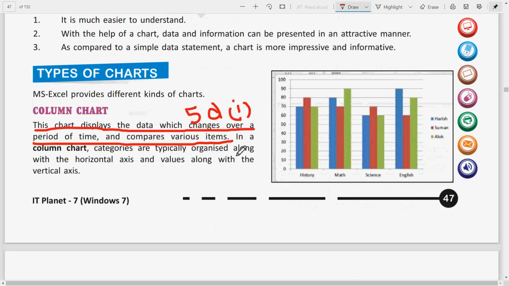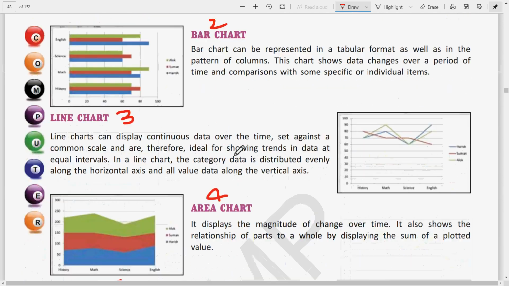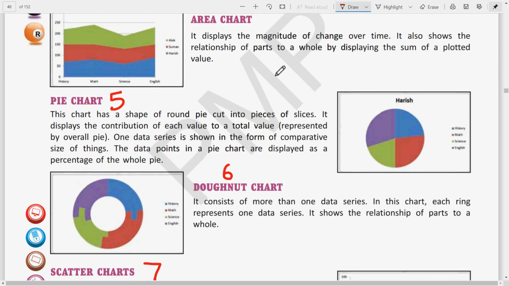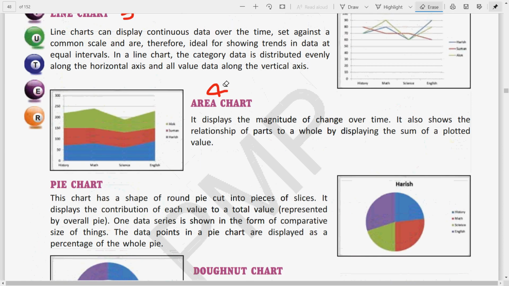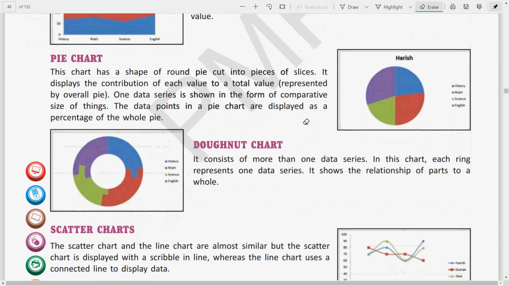Next is pie chart. So pie chart, you can see here it is. These were the numbers for the previous answer. You can erase this. So pie chart, you can see on page number 48, the answer can begin from the second sentence or first sentence also.